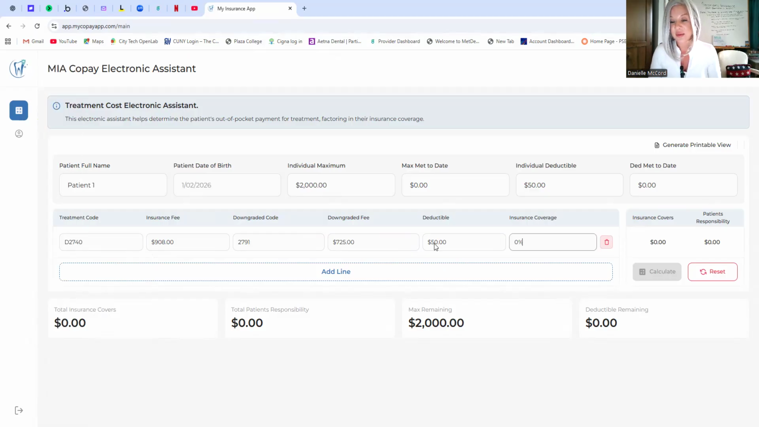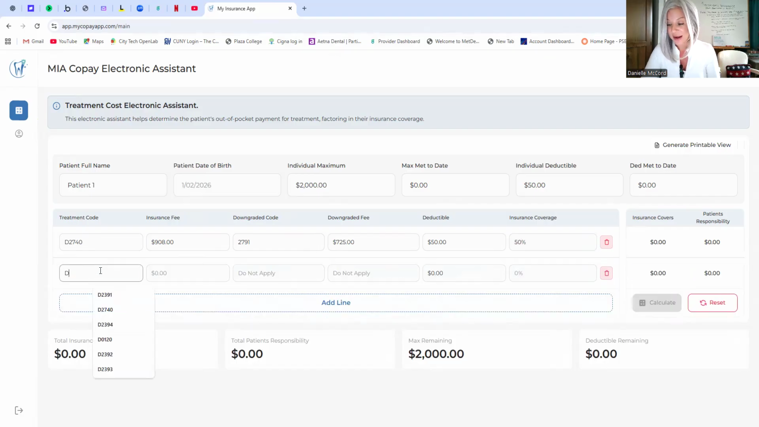As you can see, the deductible is there because remember they haven't met it yet because their plan restarted. It is a policy year plan, so everything restarted. Their max restarted, everything. So we have the downgrade code. I took the fee down again because you can't see the patient's information. They have 50% coverage. However, I do want you to remember that I did have to go to the portal